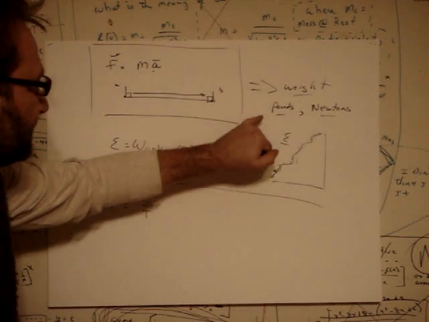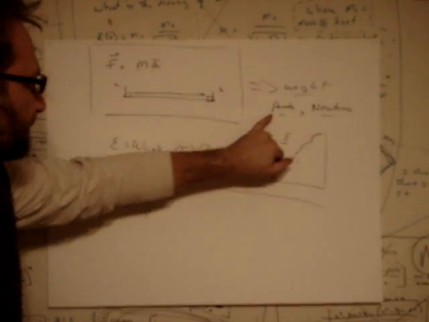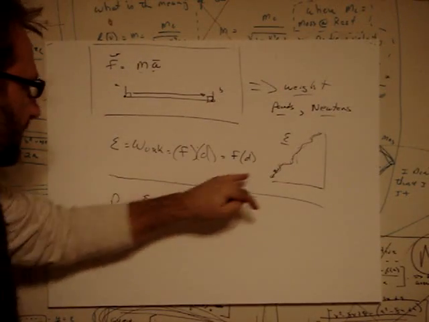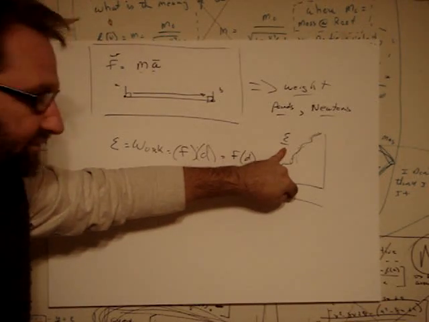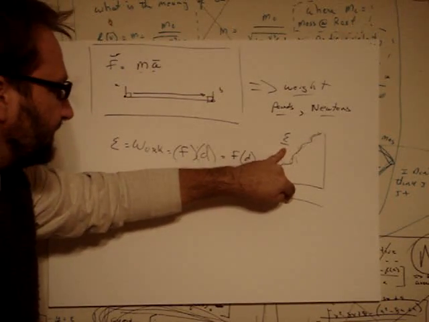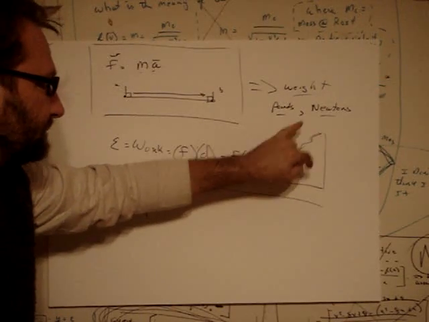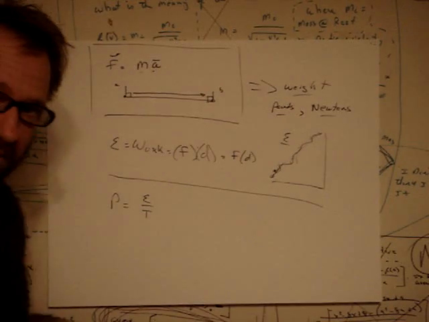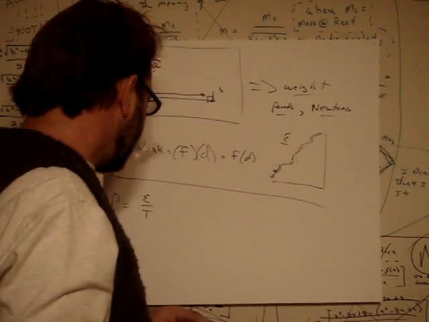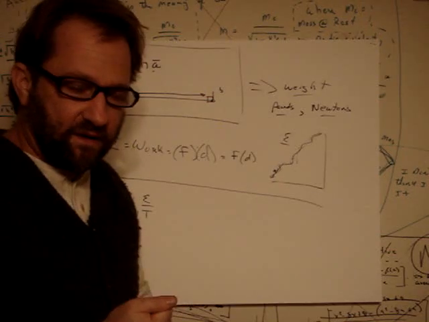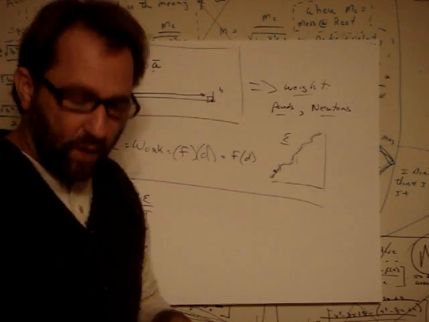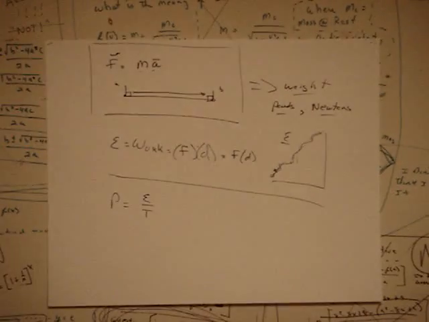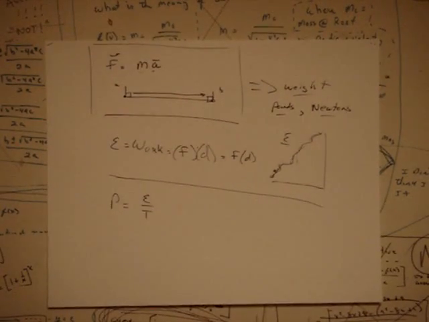But units of force are pounds or newtons. Units of energy are foot-pounds in the English, or joules in the metric. And then power, of course, in English would be horsepower, and units of power in the metric system would be watts. Okay, well, I don't pretend that this is easy, but I plan to get through this series of videos